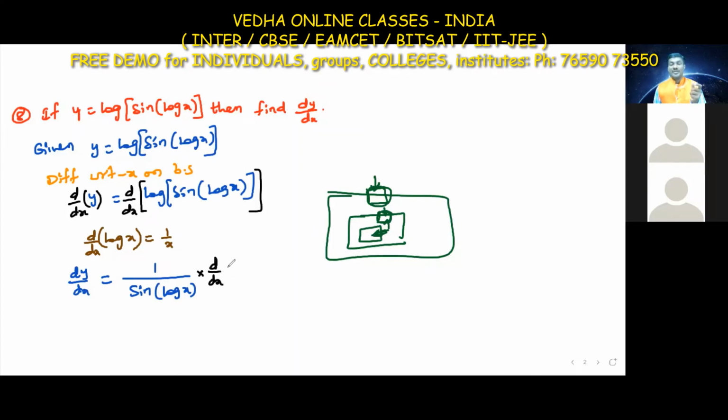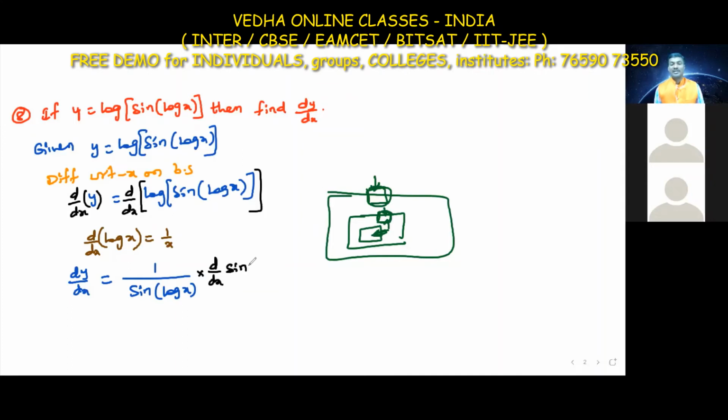Okay, so in movies, sometimes the villain will come and steal something, and they'll throw it from one villain to another villain. So the hero will go and catch this person, that person, like that. Here also, the outside function is completed. Then next, whatever we have inside, just differentiate that function now.